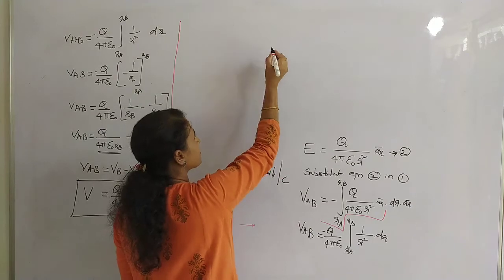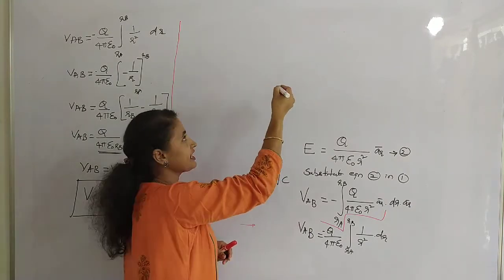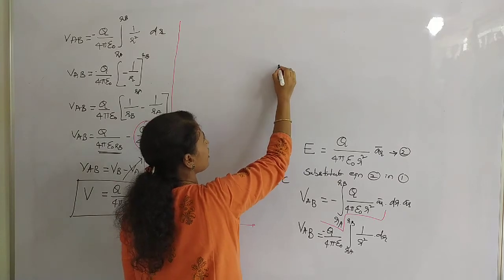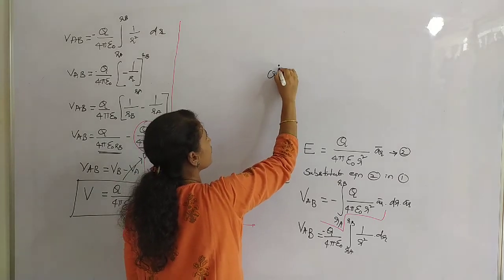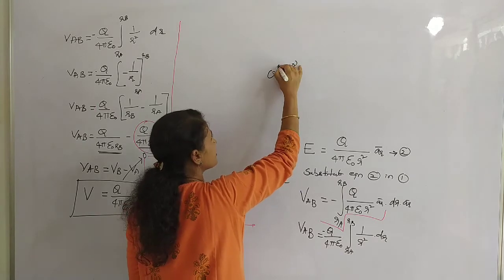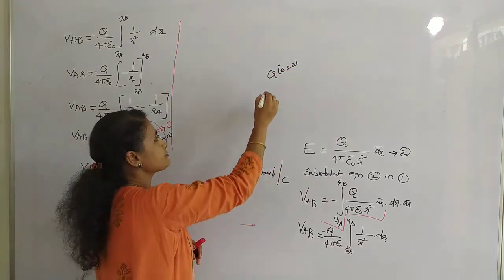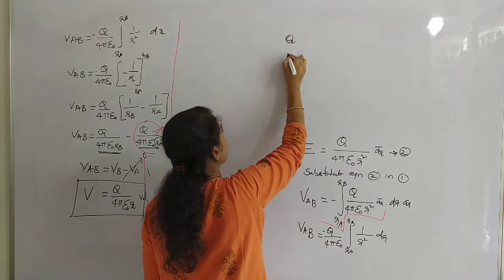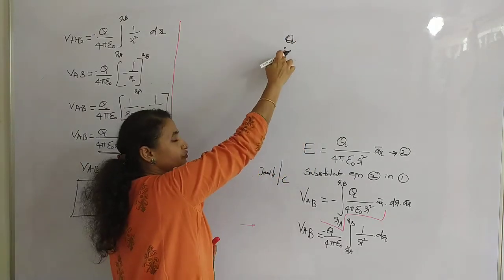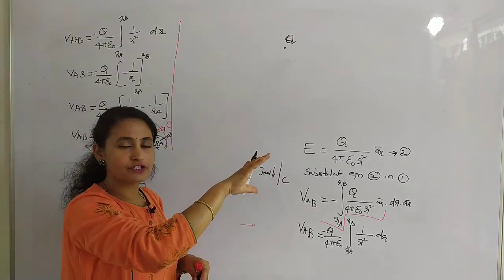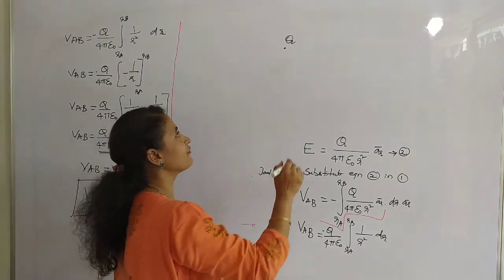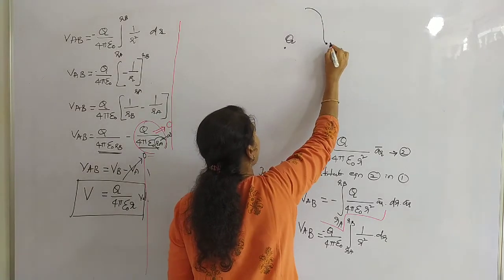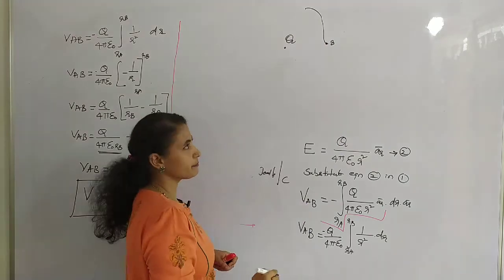Now we have the point charge due to which the electric field has been generated is other than the origin. Previously it was at origin, so the coordinates were 0, 0, 0, right? Now this point charge is kept somewhere else, and due to it the electric field has been produced. Now in that electric field we have to move a point charge from infinite distance to some point B, any distance point B.